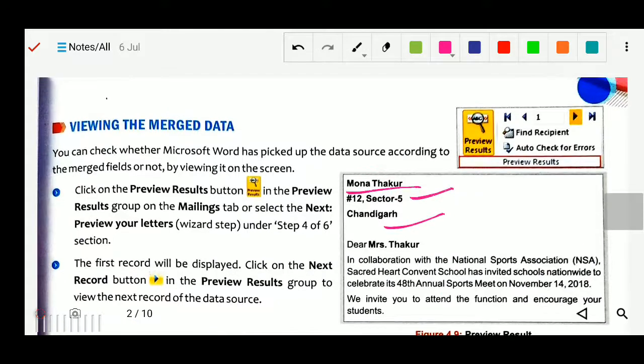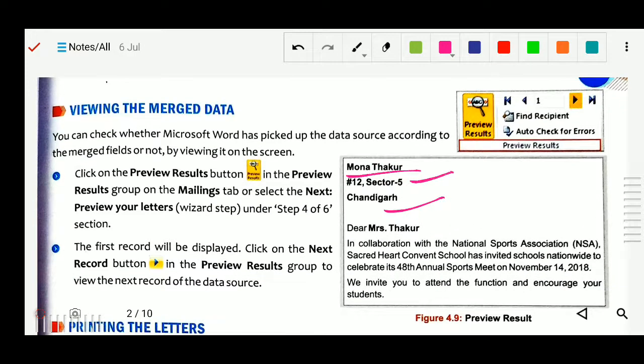Now it is changed by the actual value, like here Mrs. Thakur. So this will come to your main document. One thing you must notice here: if you want to preview how your letter will look, you can see the preview results here. There are buttons for first, previous, next and last.